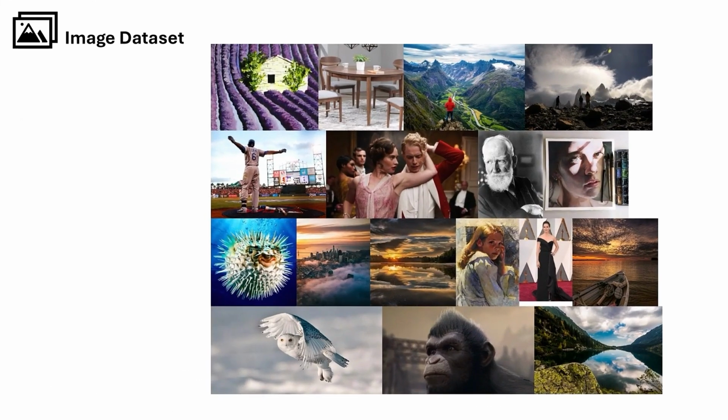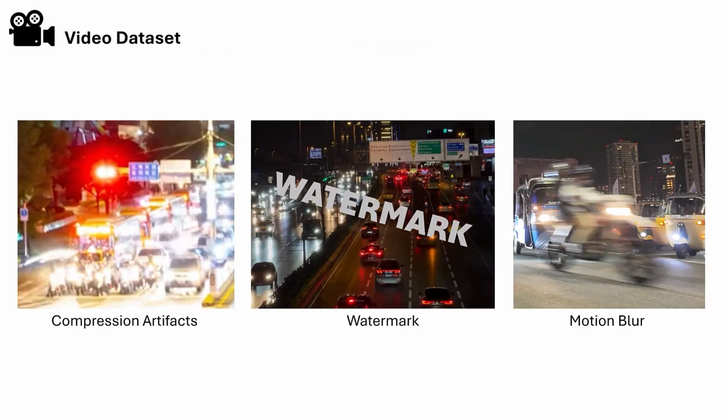When you look at the image datasets that diffusion models are trained on, they are typically high-quality datasets like this, LAION-Aesthetics as an example. While the video datasets, on the other hand, have issues like compression artifacts when you look at a particular frame, or some may contain watermarks or motion blur due to fast movements of objects. And this causes a domain gap between image and video datasets in terms of quality that can be problematic, because